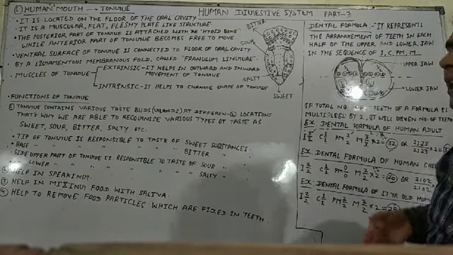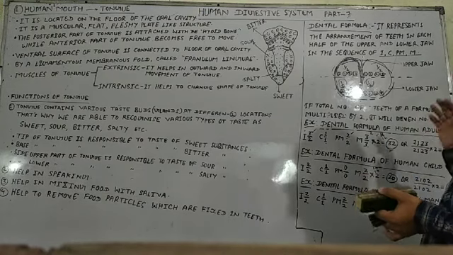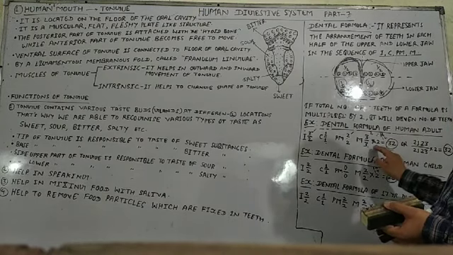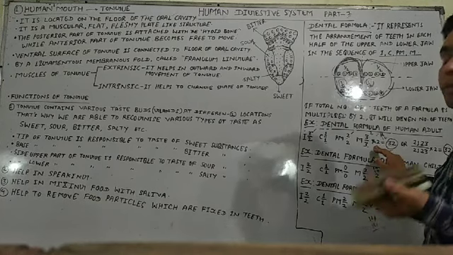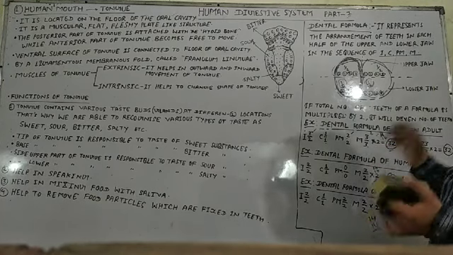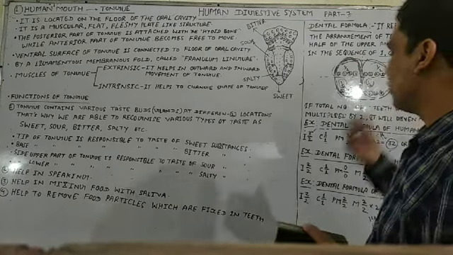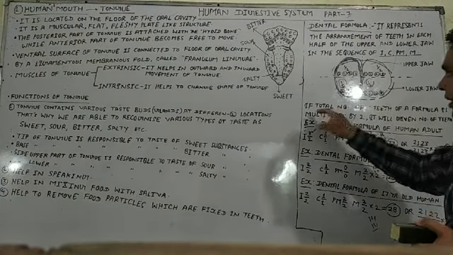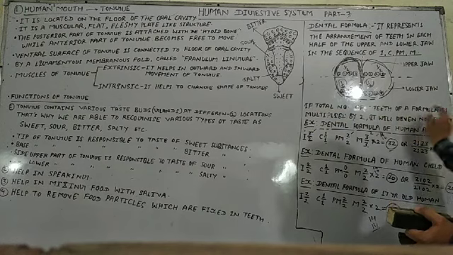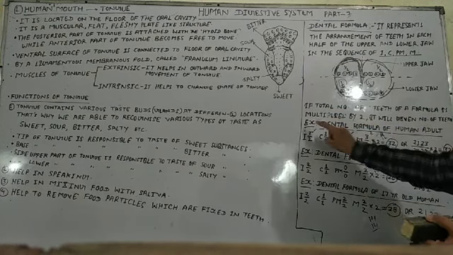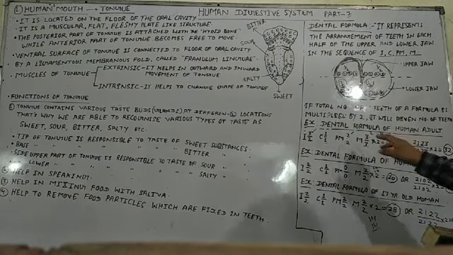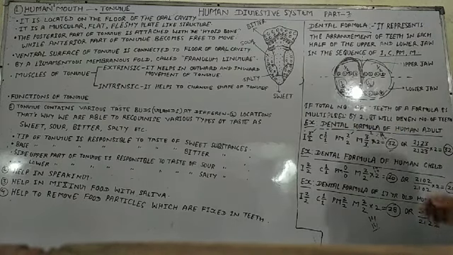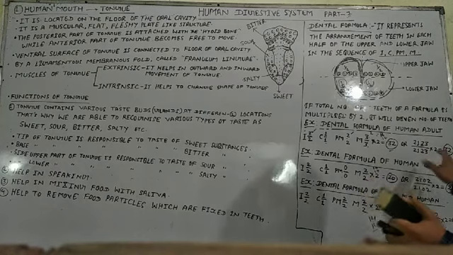We add them, and after adding we multiply by 2, and then we get the total number of teeth. Clear? So if the total number of teeth in a formula is multiplied by 2, it gives the number of teeth. For example, what is the dental formula of human adults?